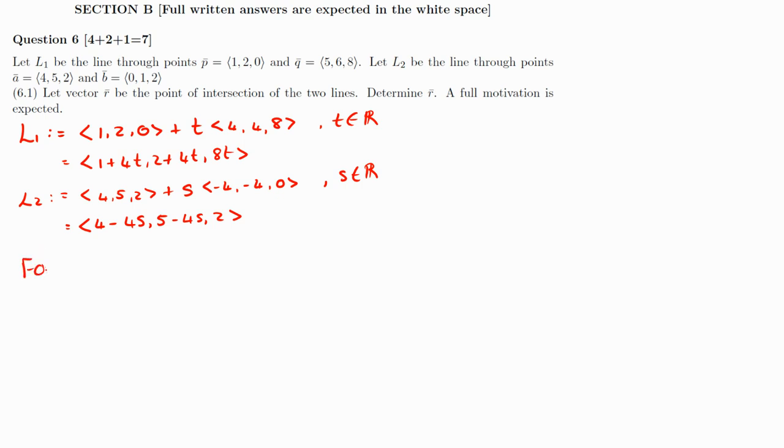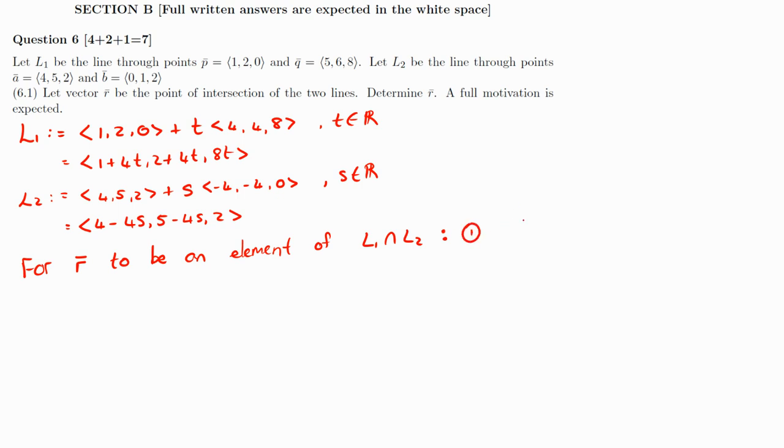So for R to be an element of line 1 and line 2, I want to say the components need to line up with each other. So this has to be equal to this. Second component should be equal to this component. So for R to be an element of L1 and L2,